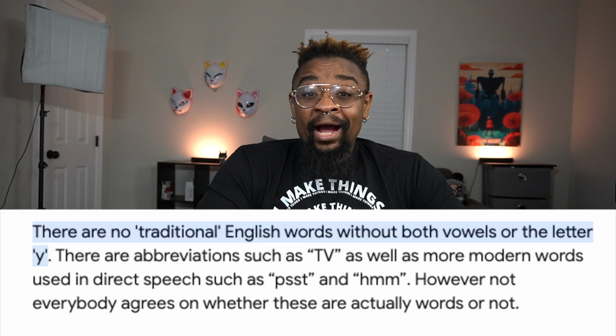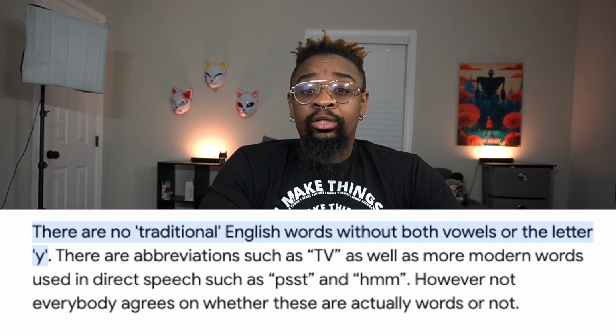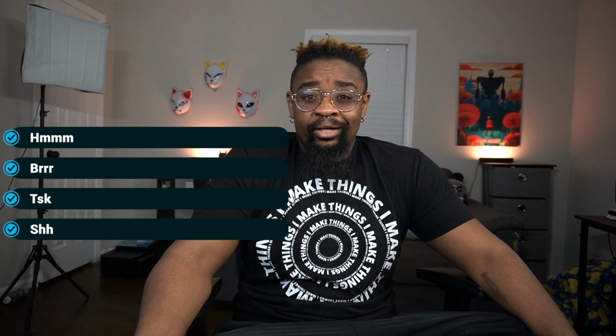The second one is that you cannot receive more than 3 cards in a row without getting a vowel, because English is heavily reliant on vowels. In fact, there are no English words in a traditional dictionary that don't use a vowel or Y in place of a vowel. Hence the sometimes Y. Of course, there are some non-traditional words like burr, ts, sh, but even then, there's only a handful. This process sometimes increases the number of cards generated because the algorithm finds the next available vowel, and if there are none, it'll actually insert a new one.